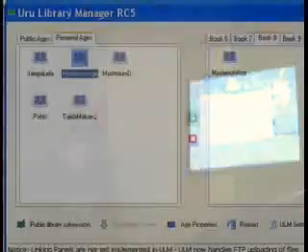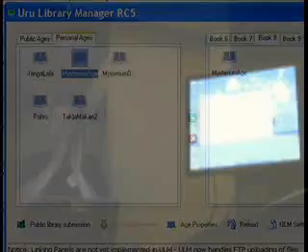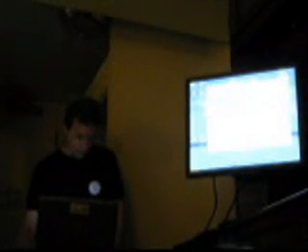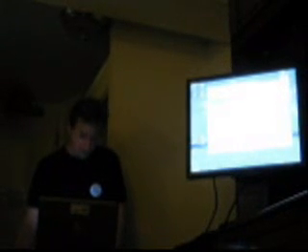Now, I just have to look for a blank book. There's a lot of them that I have in my library here, and I'll bring it over there. You can also double it up with another book. It's just I kind of like to have one book per age, so that's up to you. And that's it. It's already written that book into the age, so that now, when I start it up, there'll be a book there. So, let me start up Uru,